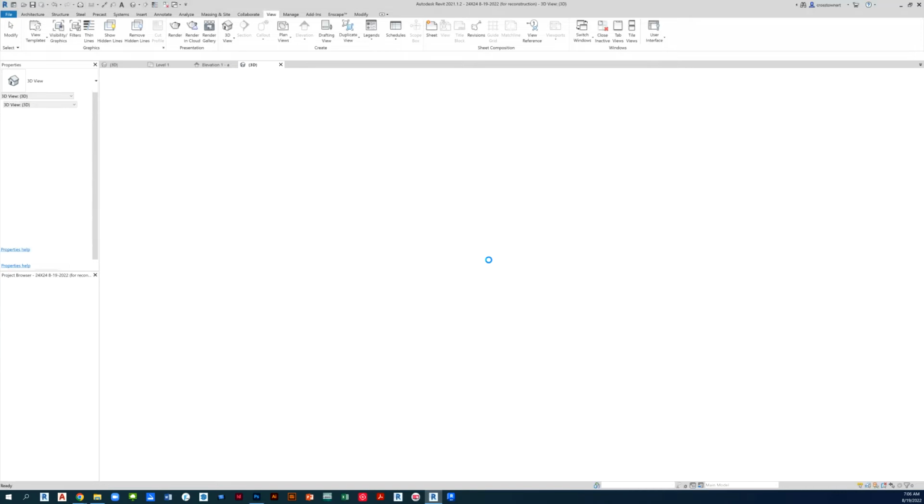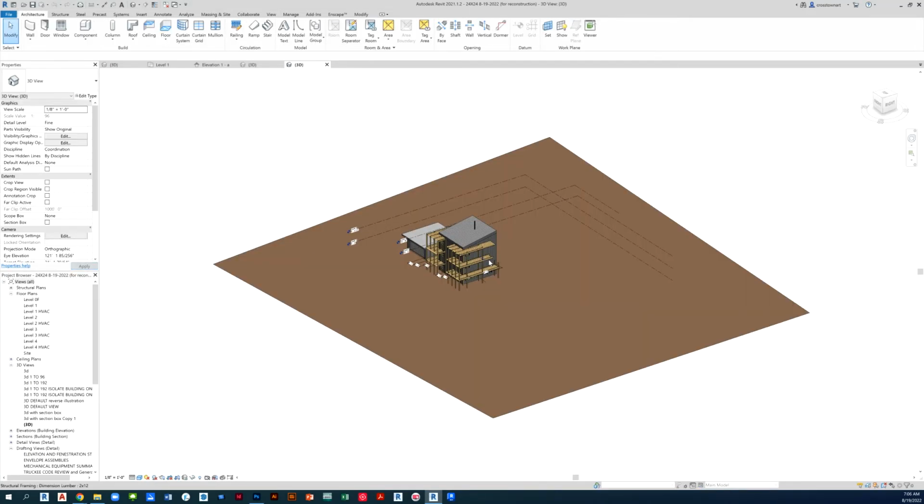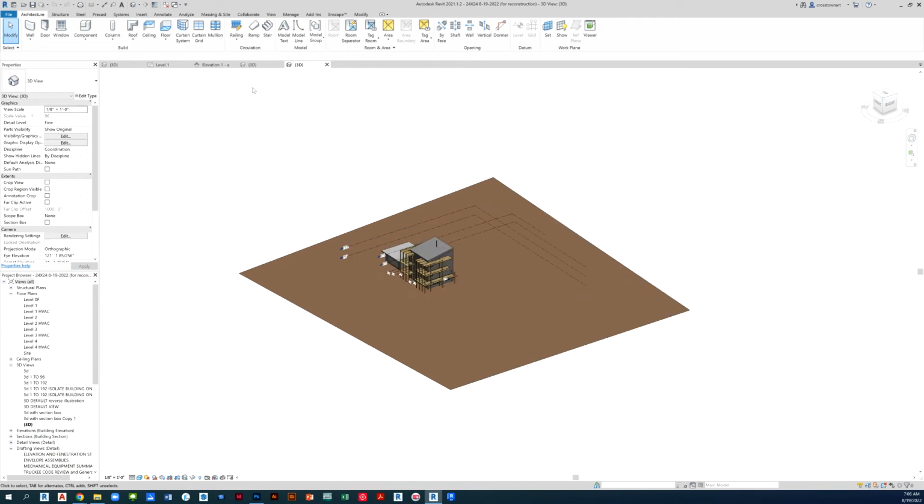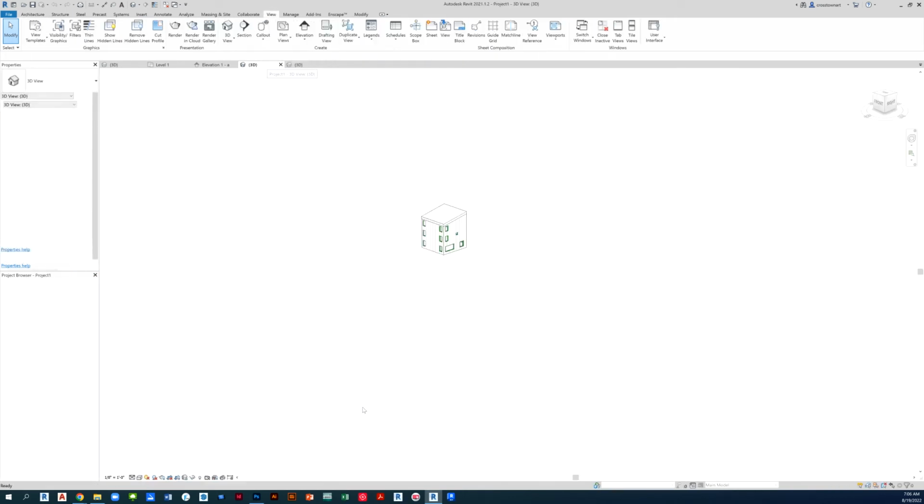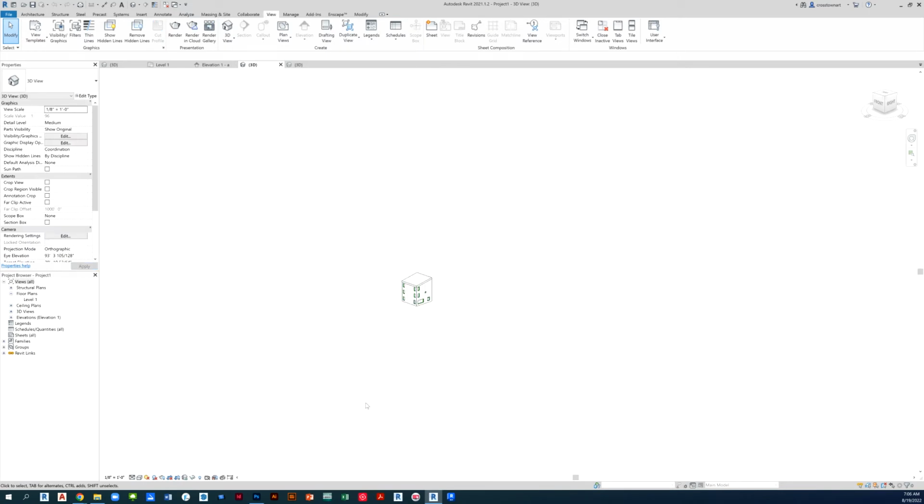Okay, so there's my source file. Here's the file where I started to reconstruct, right? All this geometry is now a separate file. So if I export this to an AutoCAD,